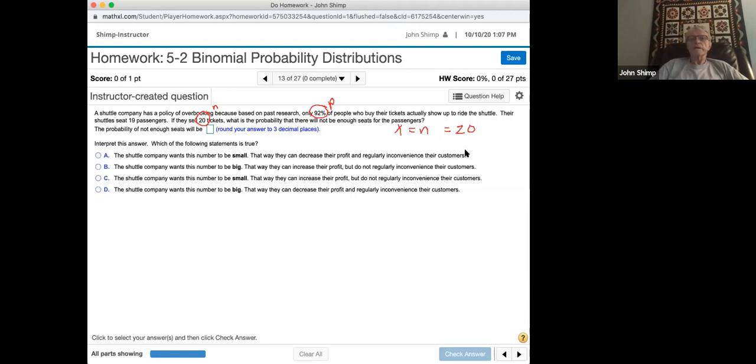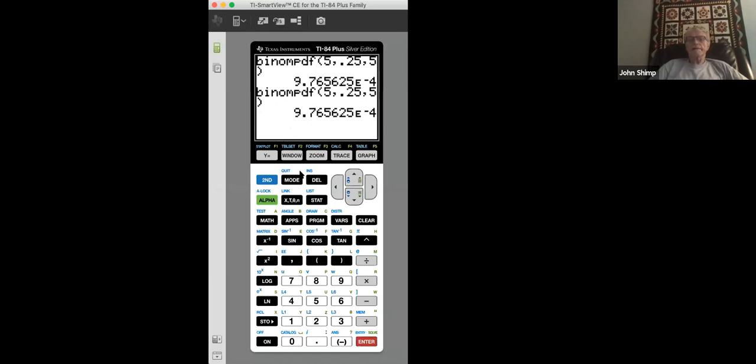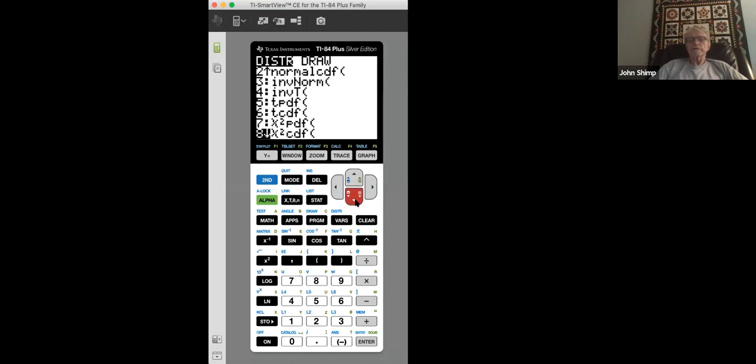So I'm going to go back over and show the calculator again. Clear this. Again, we're finding a binomial probability, and that, remember, is second VARS, arrow down to binompdf. Number of trials is 20. This is 0.92. And number of successes is also going to be 20. That's the only situation where they will not have enough seats. Paste, enter, enter,